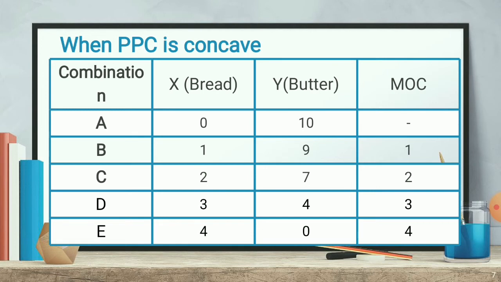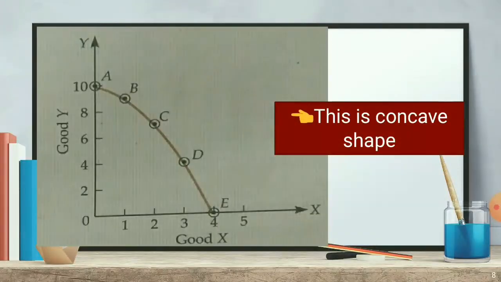So when the marginal opportunity cost rises, what will be the shape of the curve? Concave. I told you. Here just look at the diagram. You need to learn how to make the diagram. Here we will take 2 axes, x-axis and y-axis. Always remember, on the x-axis we write down the commodity which is gaining, and on the y-axis we write down the commodity which is sacrificing. So here bread is gaining, so that will be on the x-axis, and butter is losing, it is sacrificing, so it will be on the y-axis.